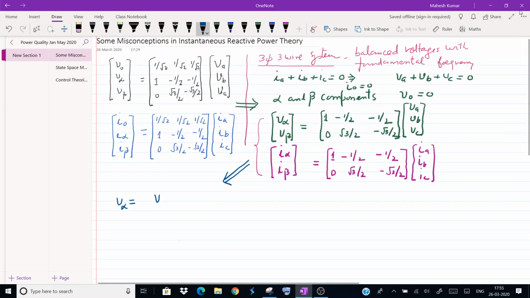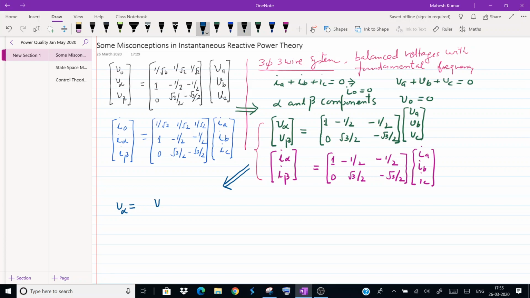I have forgotten to write the 2 by 3 factor, so remember, this factor is 2 by 3 here. I will just correct this here. Therefore, please put it that this is equal to square root of 2 by 3 as a transformation. This is also 2 by 3, so 2 by 3 will come here for this particular case, into VA